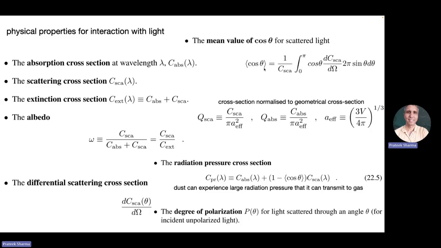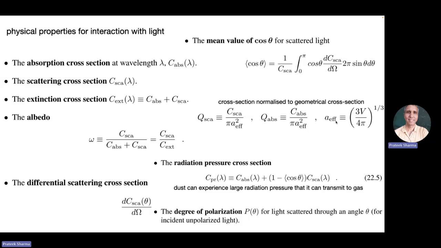And I already mentioned Rayleigh scattering, Thomson scattering, which is sort of dipole scattering, gives you this 0, right? Because this d sigma d omega is symmetric about theta equals pi by 2. From that symmetry, you get this to be 0. And sometimes these cross sections are normalized to the geometrical area of the dust grain. So this is the scattering cross section, which is also an area. Cross sections are areas. And this is the geometric cross section for scattering and for absorption.